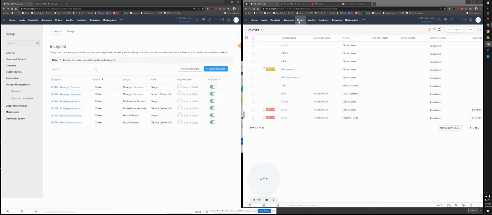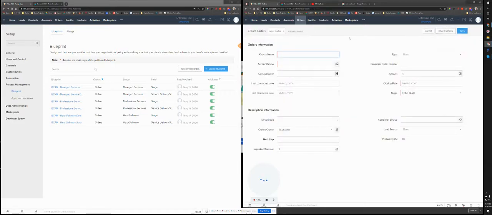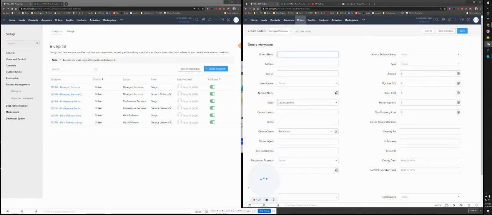this blueprint has been built based on, let me just create a new deal. As you can see, there are four layouts, so the managed services should be selected. So this is based on the drop down stage. So all these states are here. And in practice, I'm just going to make all these fields read only. So the user cannot manually change these and they have to go through the processes to be able to change